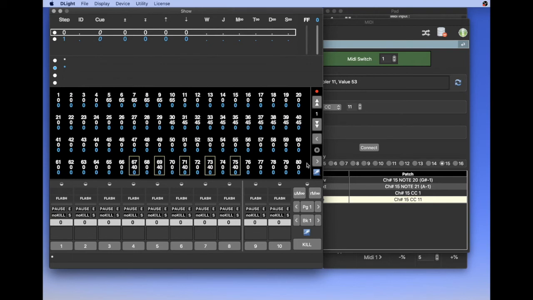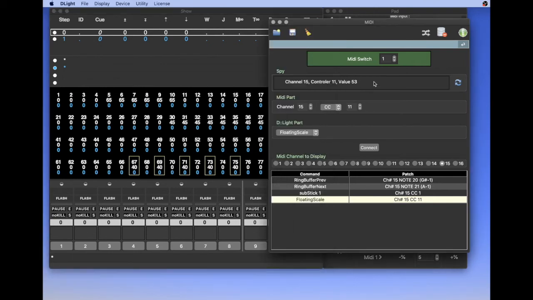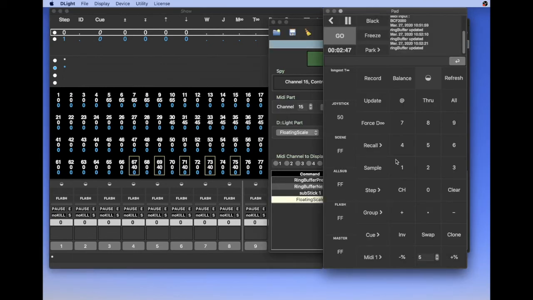The floating scale function, this one, is in fact related to the plus percent, minus percent, and this is the percent level. So if I set it to 1, I can access a finer level for selection. Okay.